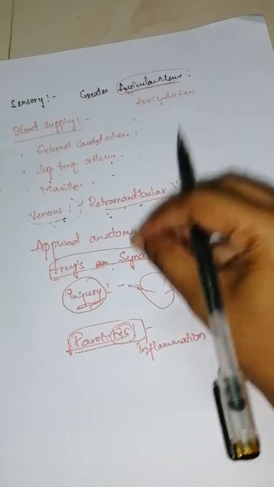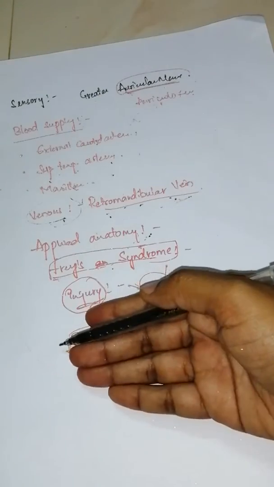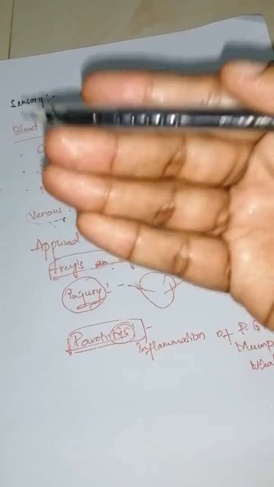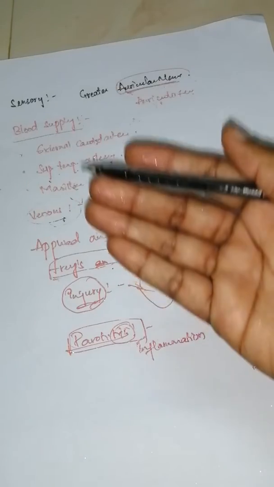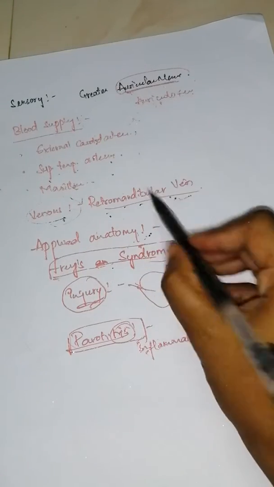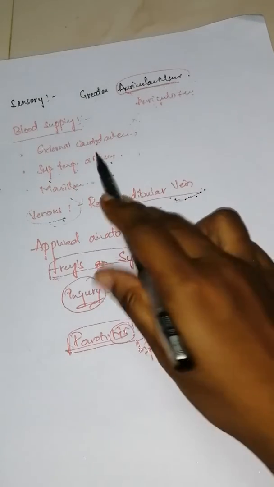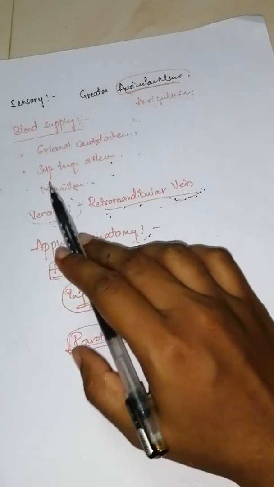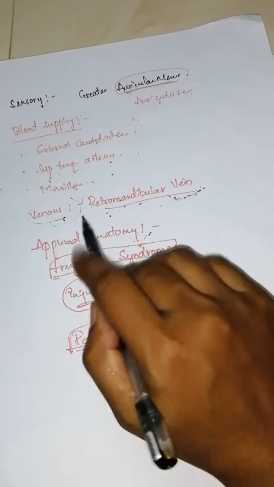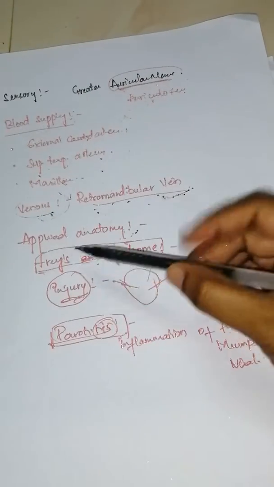This applied anatomy part is the disease part, whatever the normal structure, and this is the abnormal part. You should know this and you should mention it in your paper, because as a student I also faced that we study until here and get exhausted remembering all these names, but after that you just give a break and then study. This is a separate part, and also you just remember those names and put them on the paper. So okay,